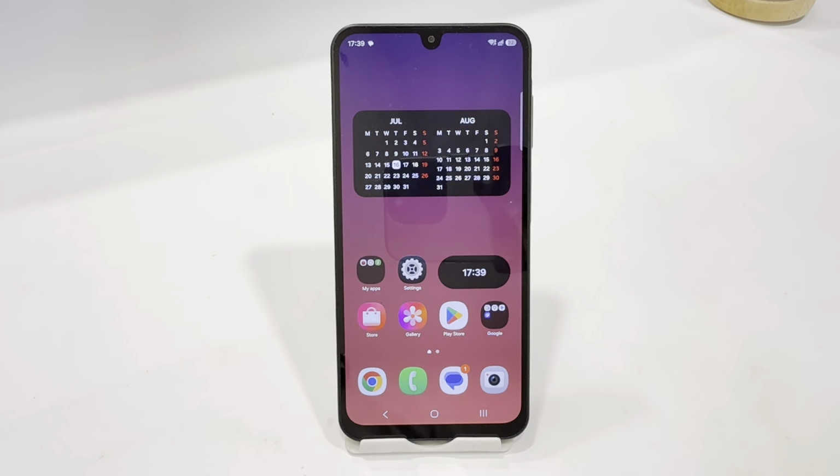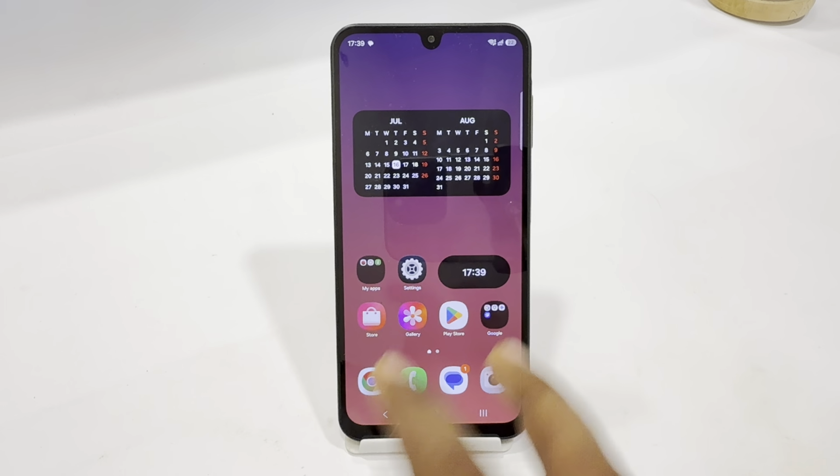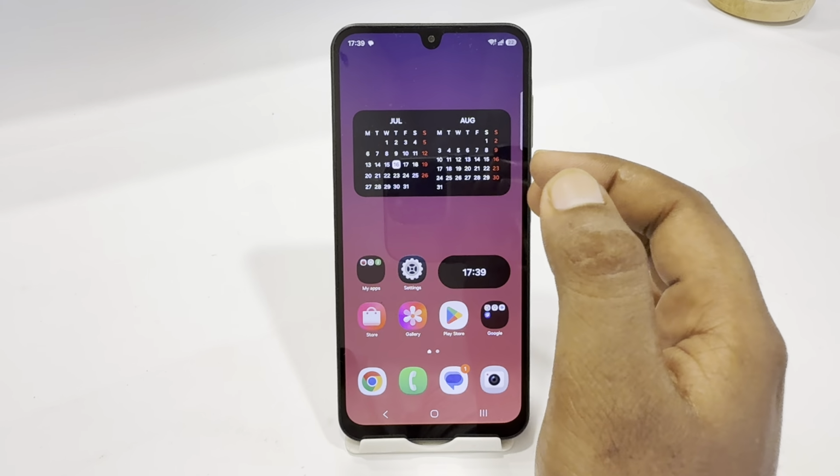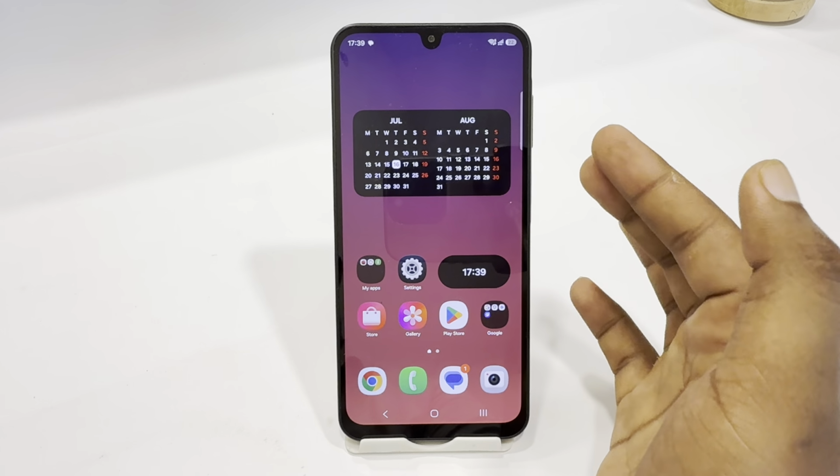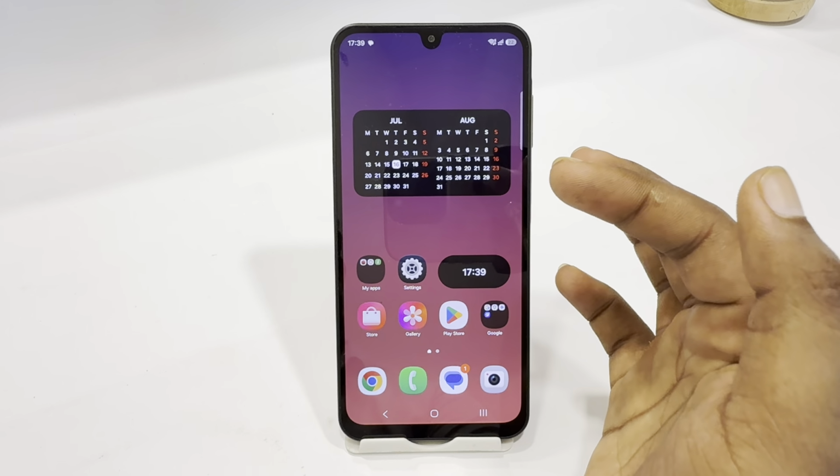Hey guys, today I'm going to tell you how to fix photos not syncing to cloud in Samsung Galaxy A15, A17, A37 or A57. If you're using Galaxy A17, A37 or A57 and you're facing the issue that your photos are not syncing to